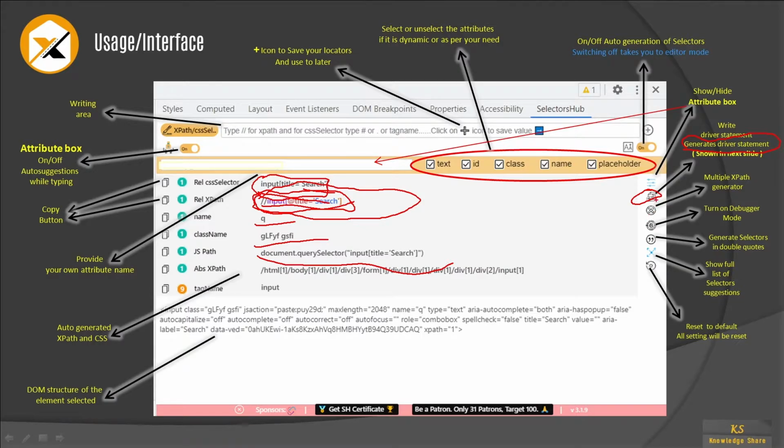Okay. And the next one is multiple XPath generators. So this multiple XPath generators, in the sense, for example, you are working on a page object model, and if you want to capture all the registration page elements, then you can click one by one, and it will generate all the XPaths, and you can save those XPaths. I'll come to that in the screenshot so that you will get some understanding. You can even export that into a separate Excel file if you need. Okay, that's how powerful this tool is.